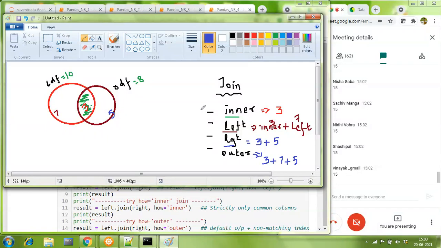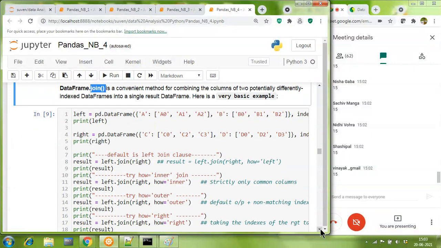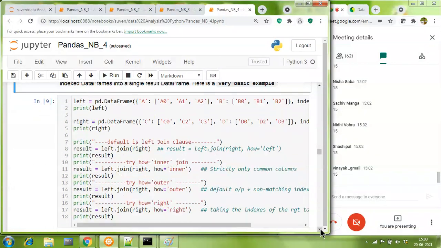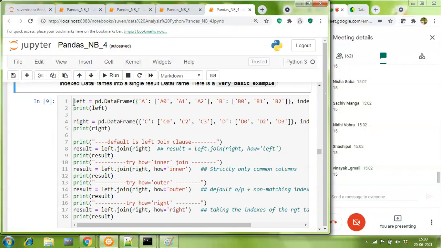Now, can I experience them in pandas? Of course. Why not? And we're going to see them right now. But more than I explaining, I would be happy if more of you should come forward to explain. That's more fun. So first, I have got my data frame. I have named my data frames left and right. So the speaking also becomes easy.